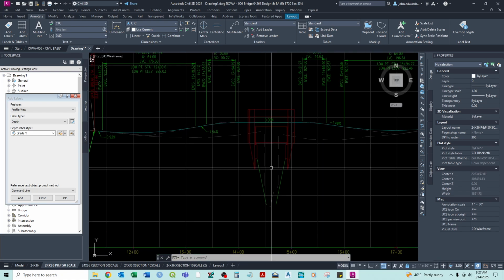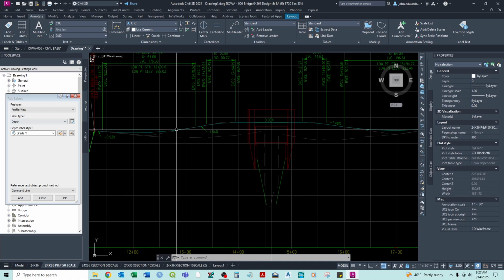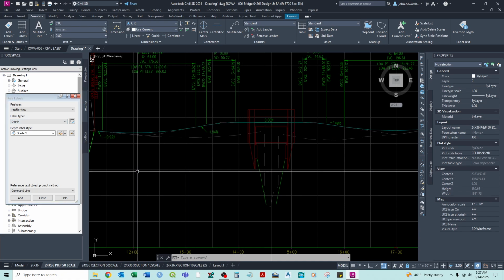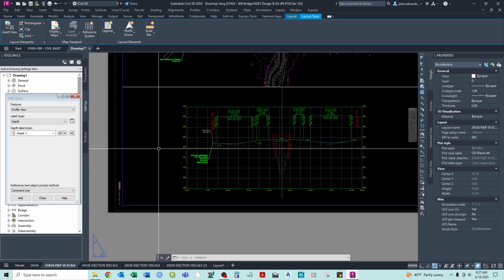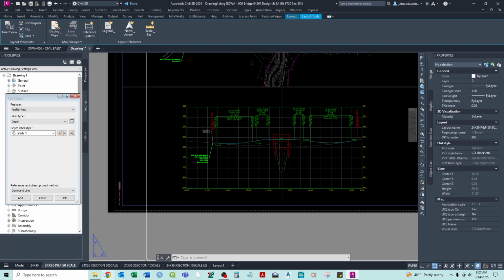Well, that didn't pop up, so I'm not sure what happened there. But we can add grade profiles. We can add all kinds of different labels in here. So lastly, I just want to cover